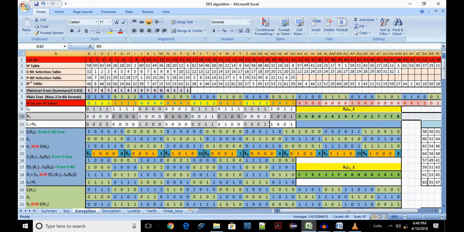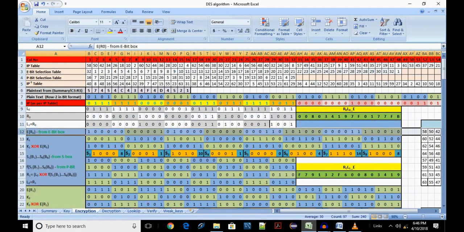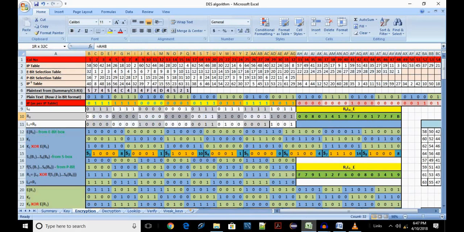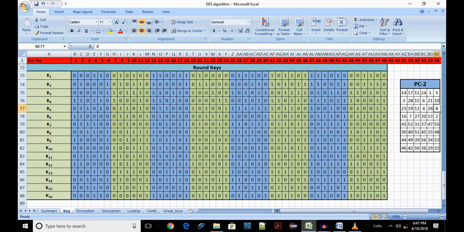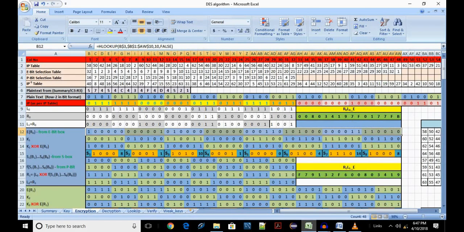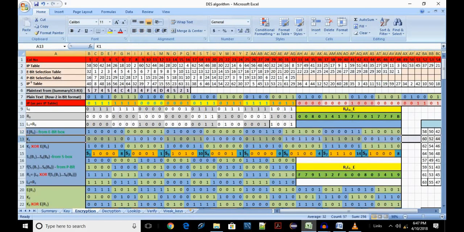Row 10 is permuted with the E-bit selection table in row 3 and written in row 12. Notice row 10 was 32 bits but row 12 is 48 bits. Copy subkey K1 from the K sheet in row 13. Remember, we use K1 because we are in round 1.